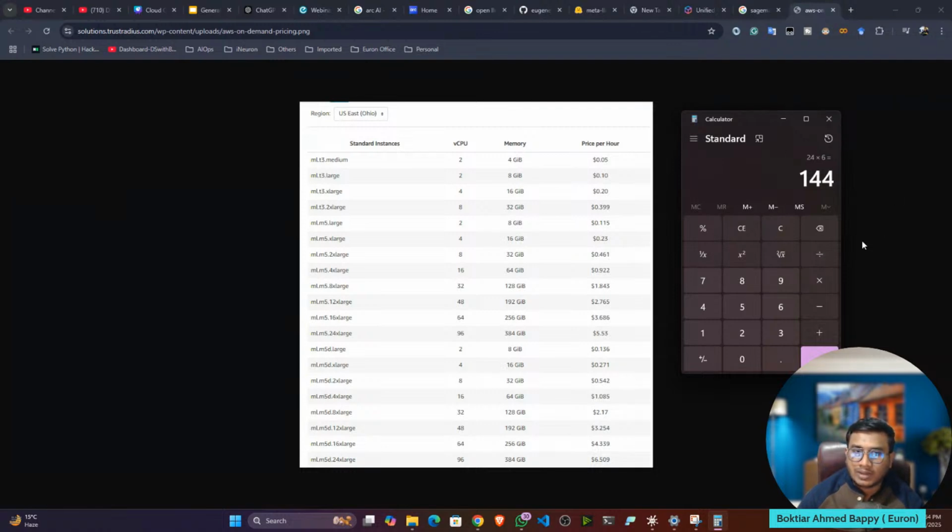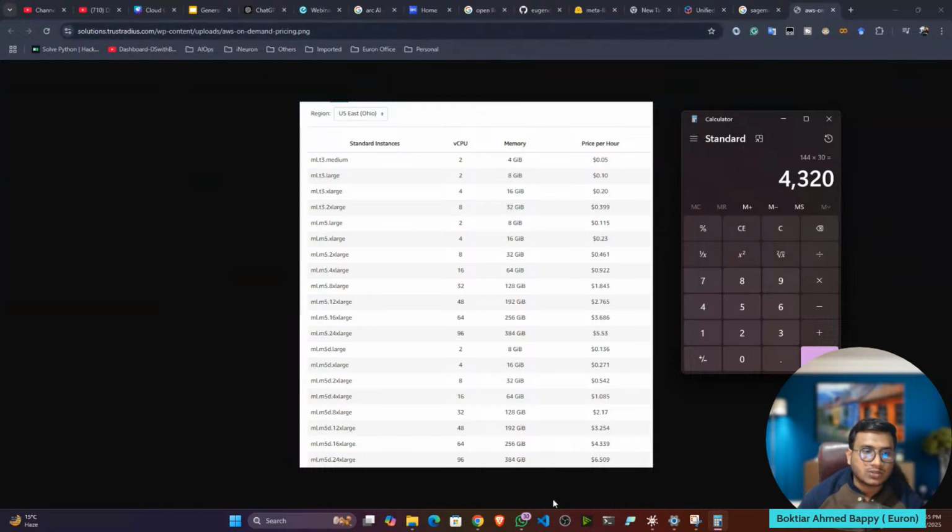Now if you want to run it for 1 month, just multiply by 30. See, this is the price you have to pay. Now let's say you want to run it for 1 year, then what will be the price? Tell me, guys. If anyone is running a small startup or an individual company, will they be able to afford that much money? If you convert it to INR, it would be more than 4.5 lakhs around per month you have to pay for your application. Possible, guys? Tell me.